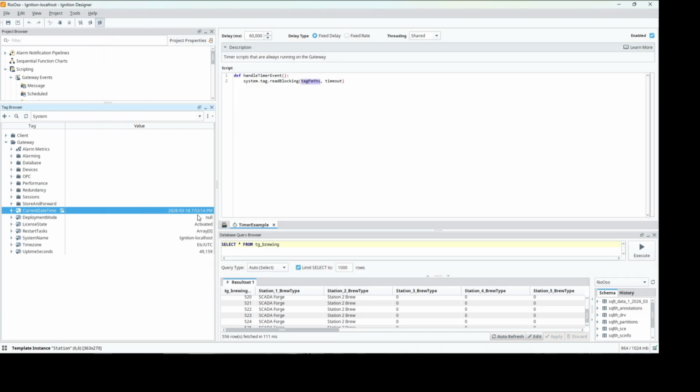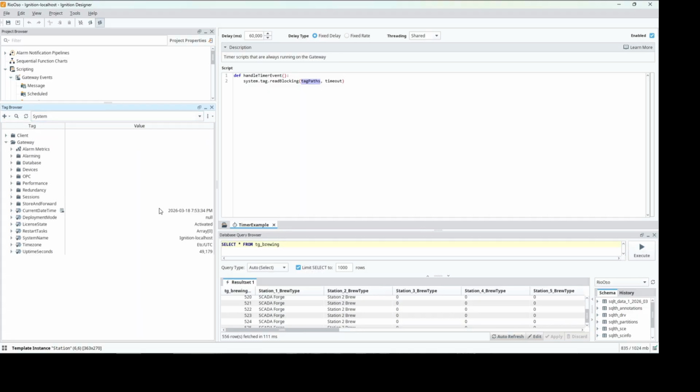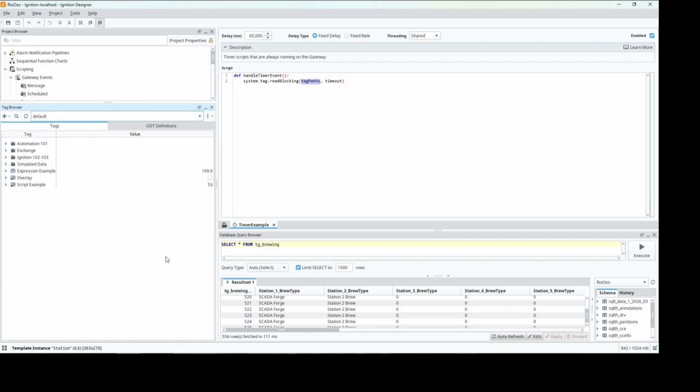So when this changes, we're currently at 753. I go here and I see this value now has 53, which is the current minute of our gateway date time. And then when this crosses over to 54, this will get written to 54. So again, you can put